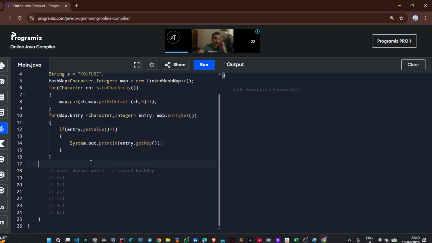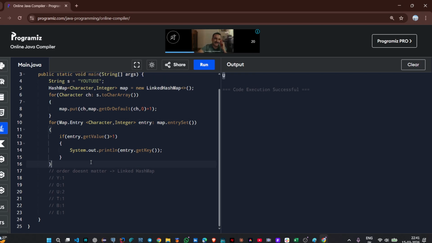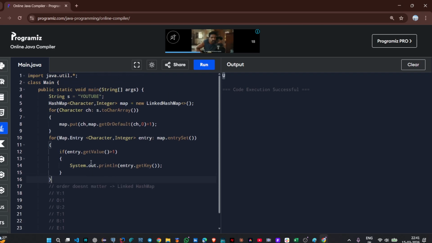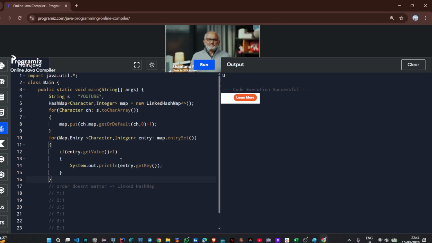I hope you have understood the basic implementation of HashMap and its use for the frequency count. For the frequency count, this is the most important and efficient way of doing it. So I think I have clarified